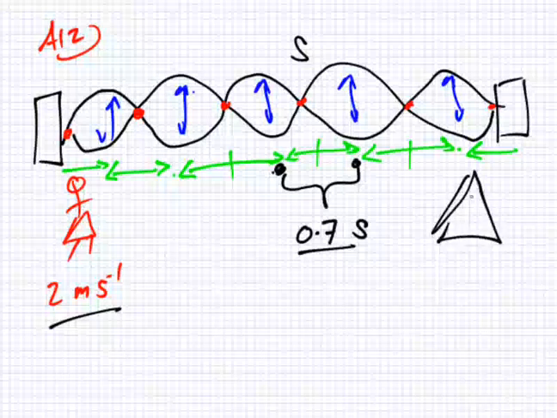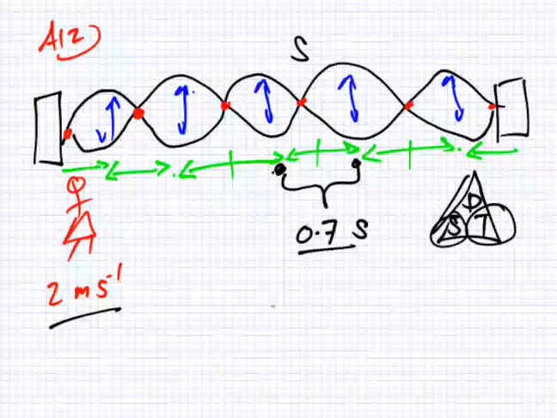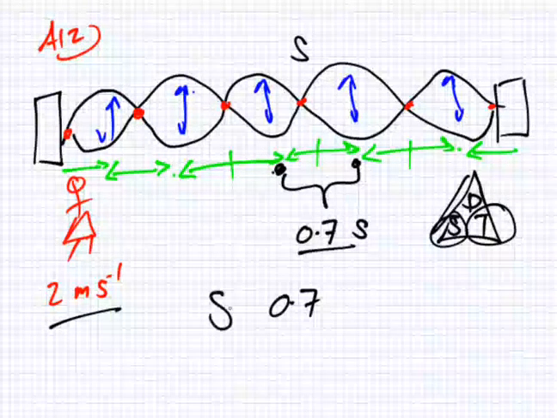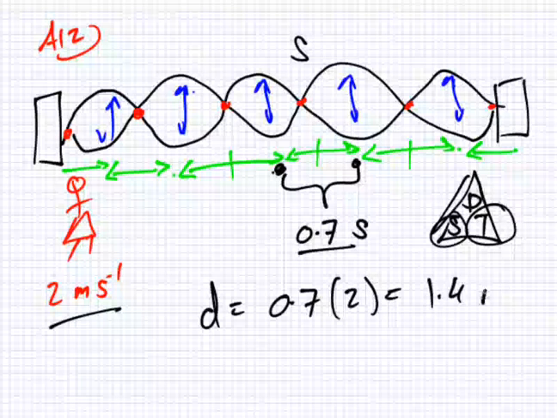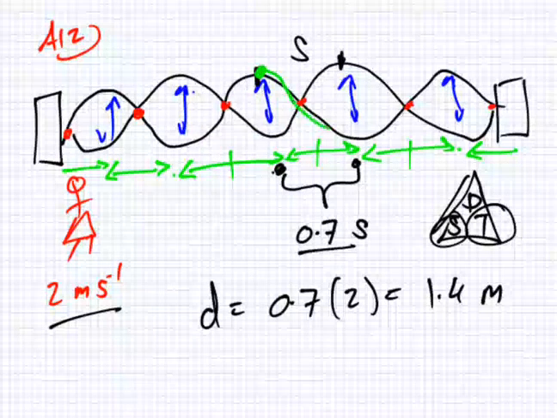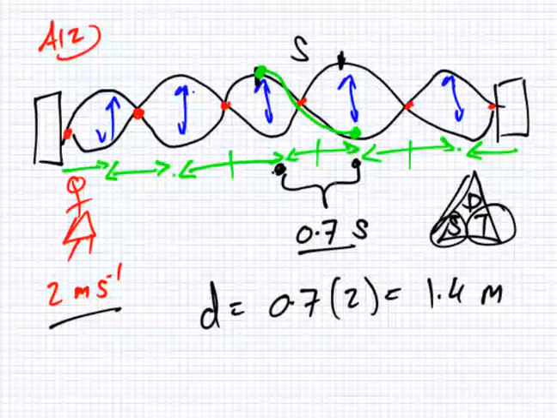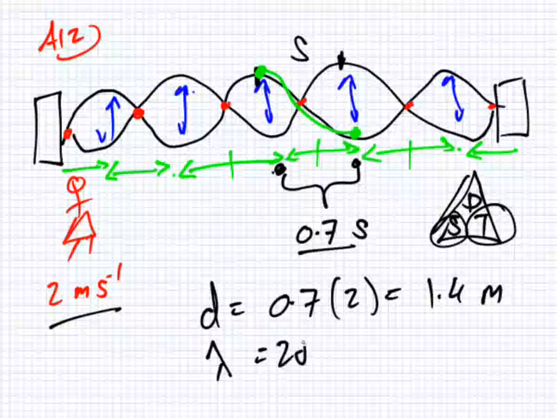When it's up in the air, when it's reached the top here with the man, what type of energy does it have? Potential energy. Just potential, it's not moving. So it's potential energy equal to mgh. Previously it had no energy, and then at the end it had energy. This energy must have come from the machine. The machine provided the energy. Therefore, the machine did this much work. So in fact, the formula is just mgh over t,